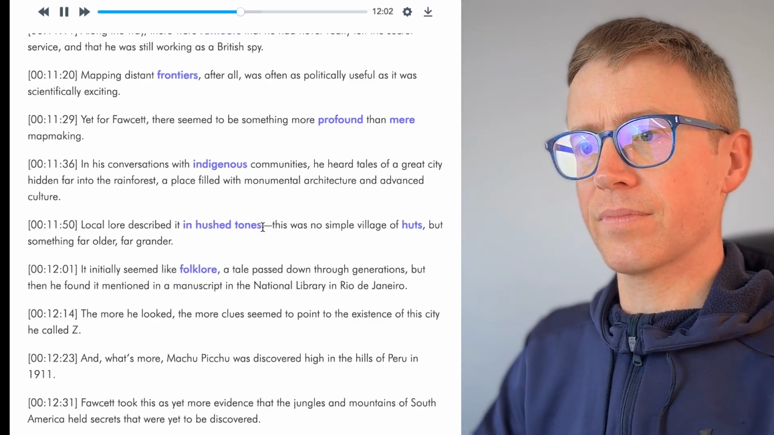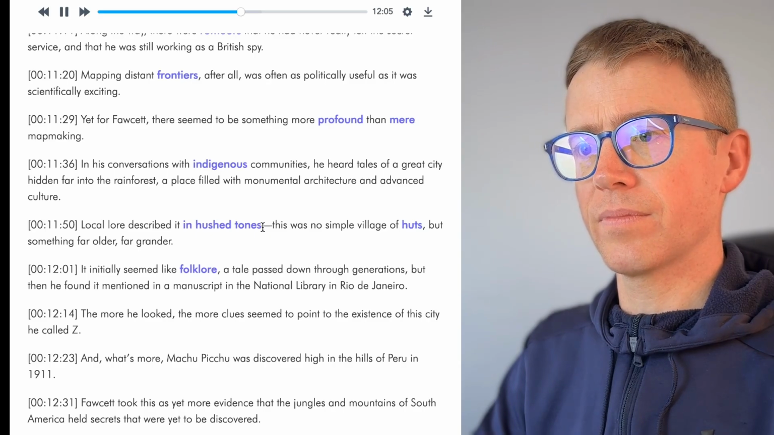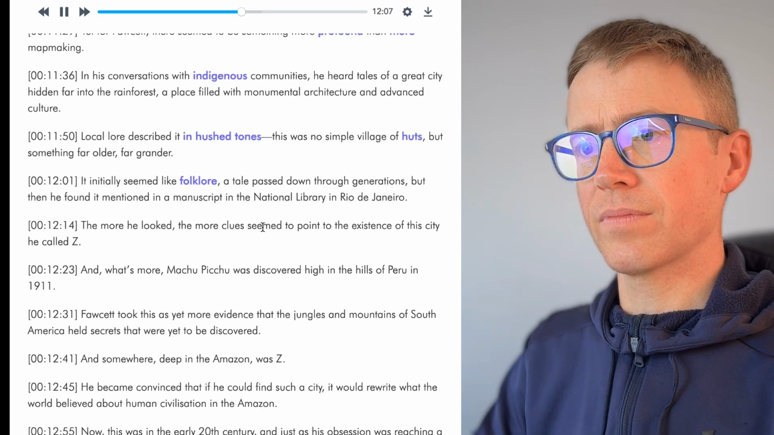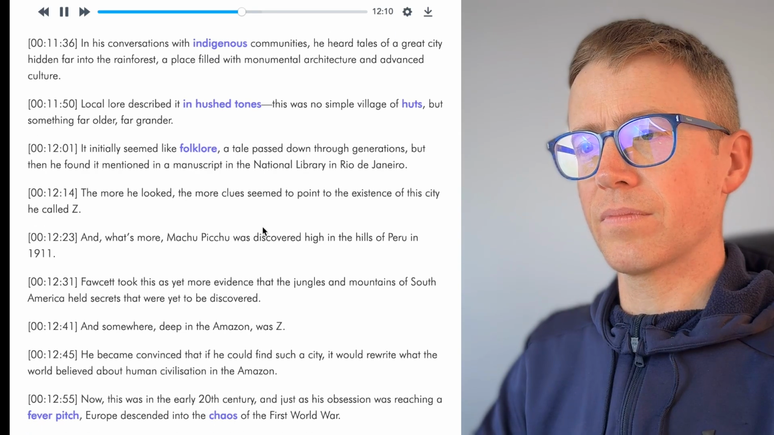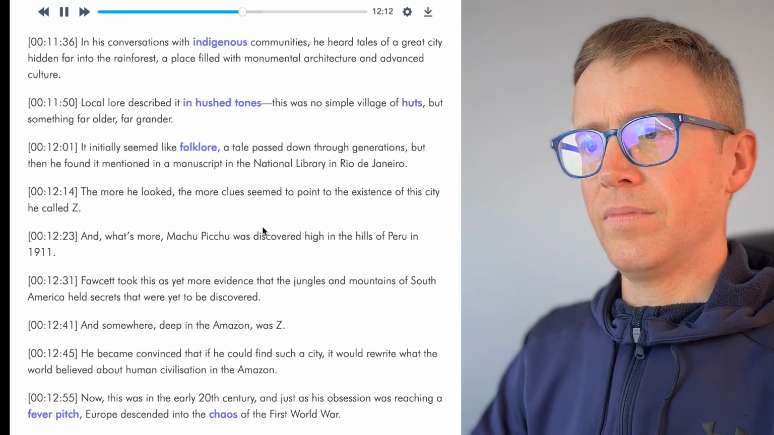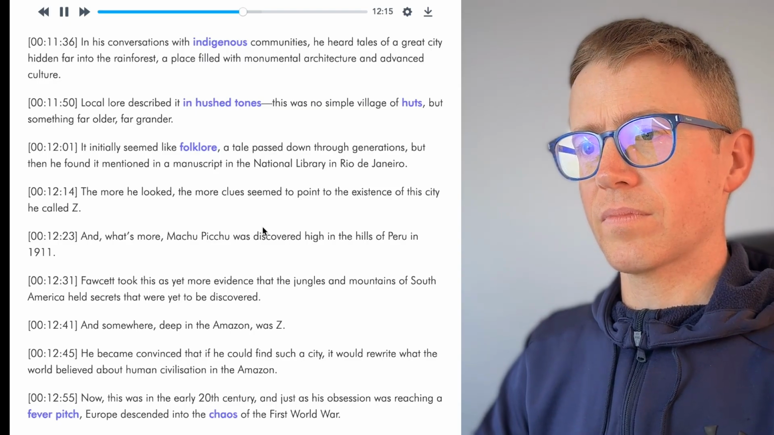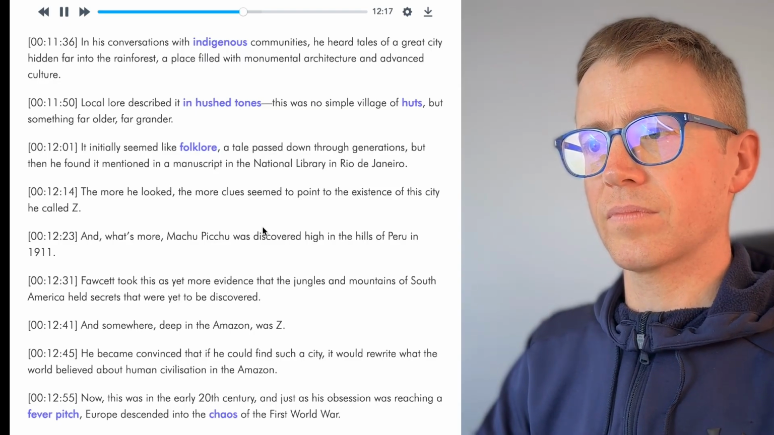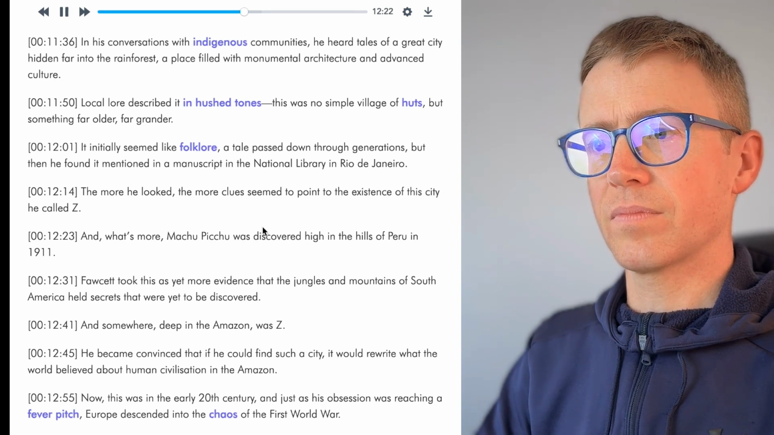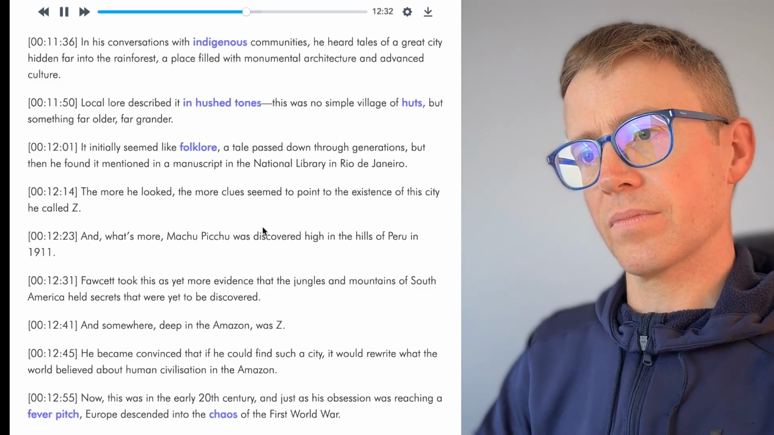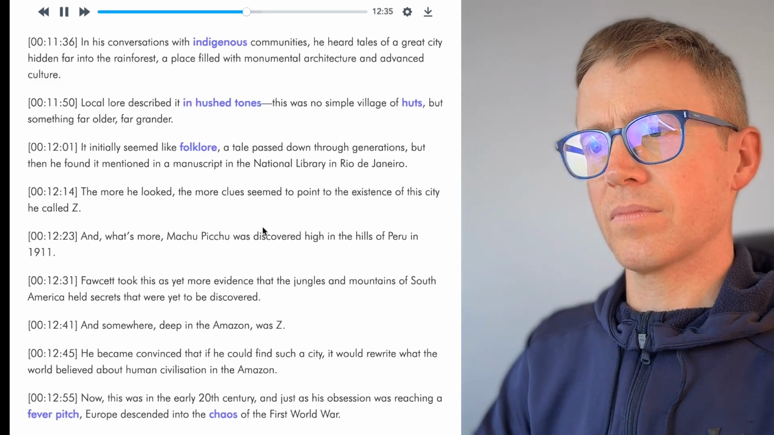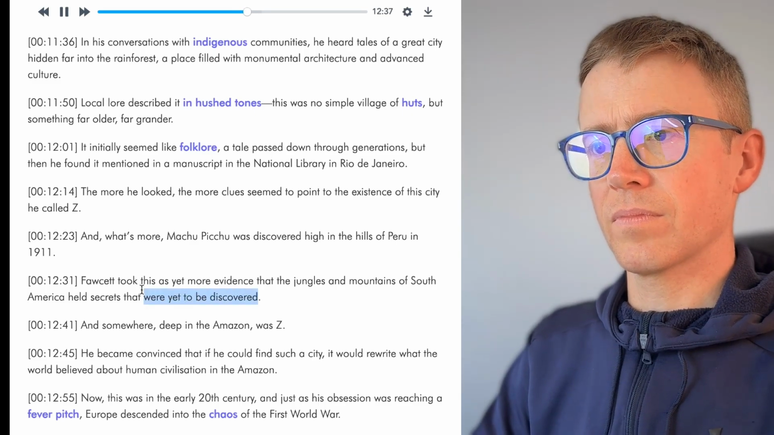It initially seemed like folklore, a tale passed down through generations, but then he found it mentioned in a manuscript in the National Library in Rio de Janeiro. The more he looked, the more clues seemed to point to the existence of this city he called Zed. And, what's more, Machu Picchu was discovered high in the hills of Peru in 1911. Fawcett took this as yet more evidence that the jungles and mountains of South America held secrets that were yet